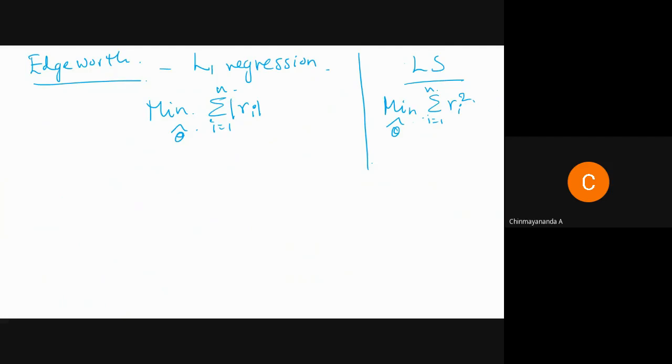The reason he proposed this was that the outliers you are not able to detect are hidden just because of the squared effect in the residuals when you optimize. That's why he took the absolute value of the residual. That was his thought behind proposing this, and it is known by the name L1 regression.